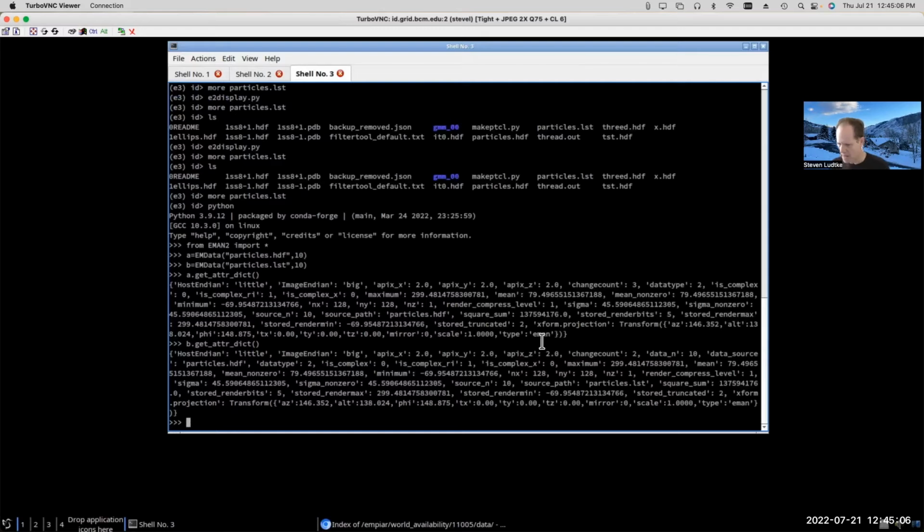But if we look at the metadata associated with the file, we'll see that the transform.projection here associated with the... it looks like I actually... this is actually a bad example because it looks like we may have stored the transformation in the HDF file as well, and in this case it happens to be identical.